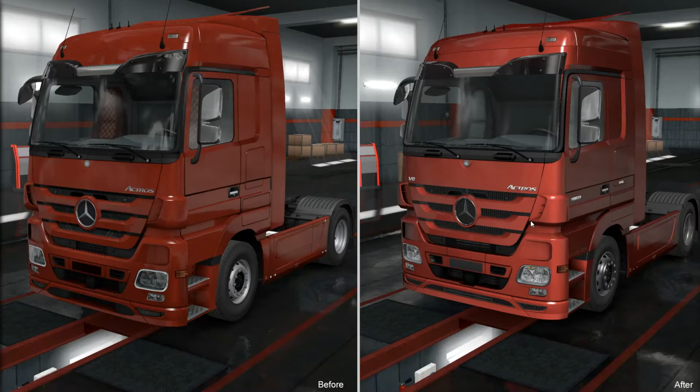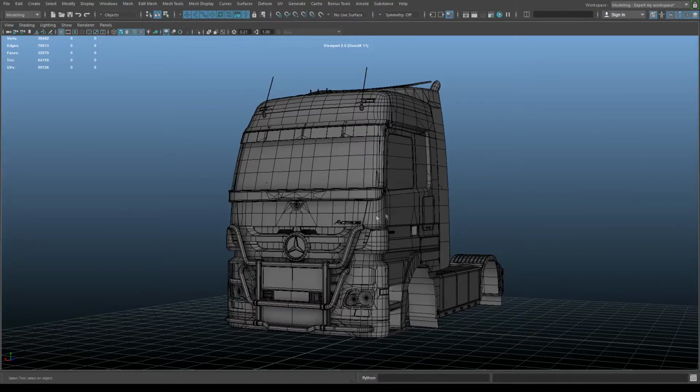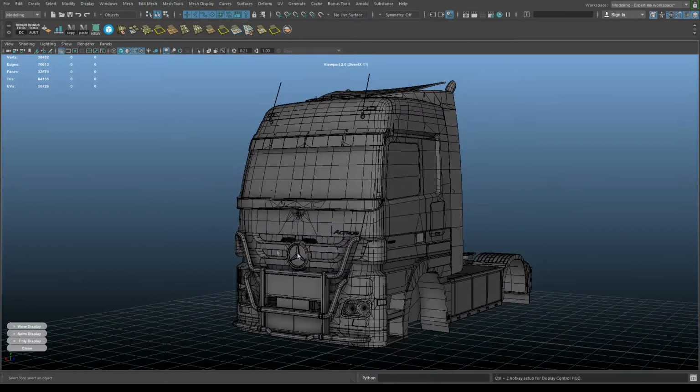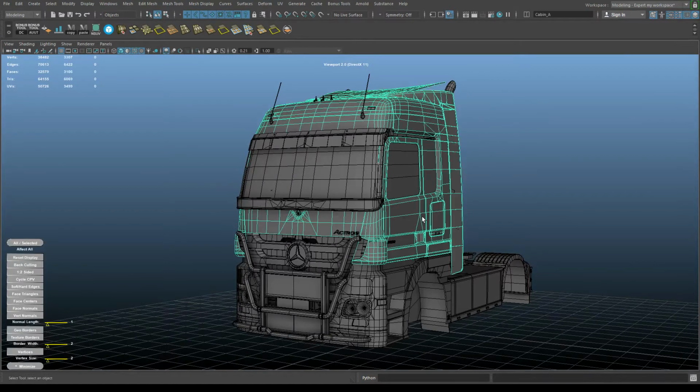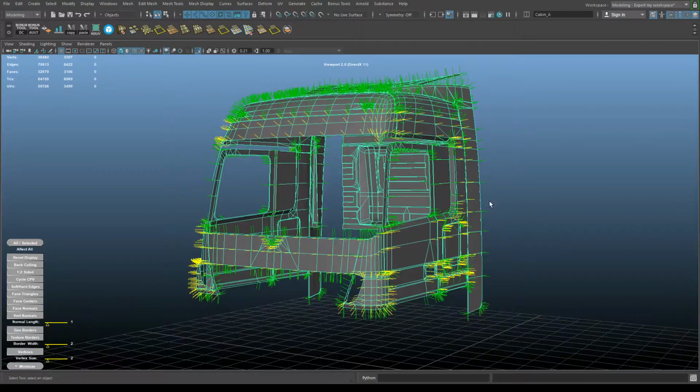I will try not to get into the technical details too much because this is not a modeling tutorial, and that's not the point here. Just so you know what I'm speaking about, I will show you really quick. Vertex normals are these green and yellow lines that are protruding from the corners of this polygon, and essentially these